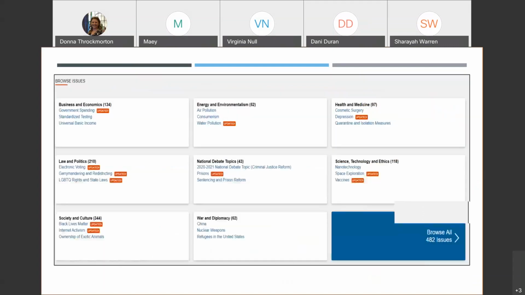And again, as we scroll down the page, you'll notice that they've already curated some issues. In this case, you're going to say, well, there's only 482 issues. Why don't I just point folks, my students or patrons, back to the high school resource? Well, again, these are curated, and these deal more with the controversial things. For example, maybe they've curated a topic on abortion, and they actually have a physical person who goes and creates these categories and puts information in there for students to look at.